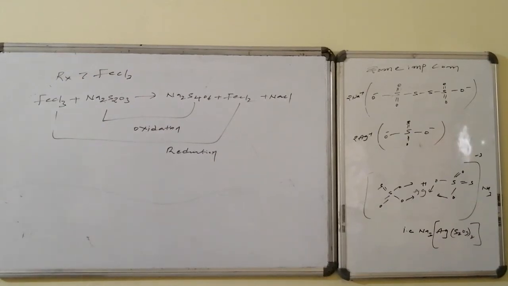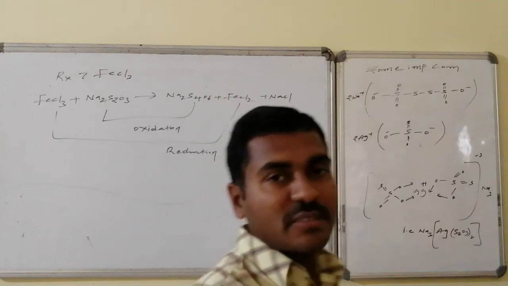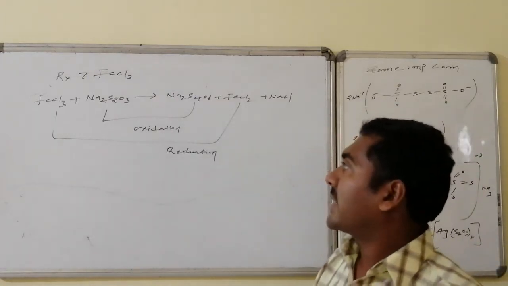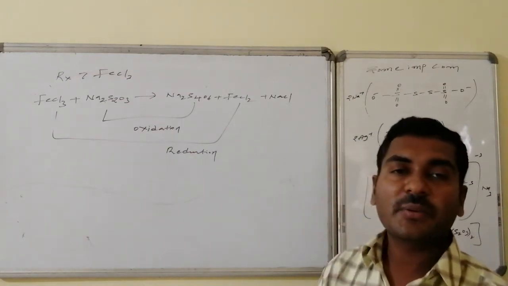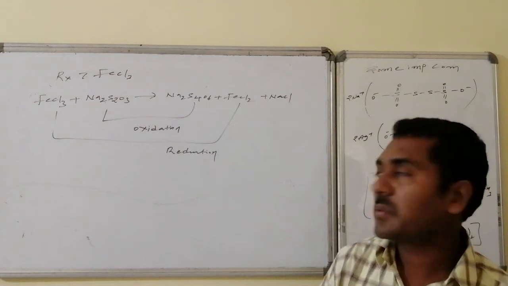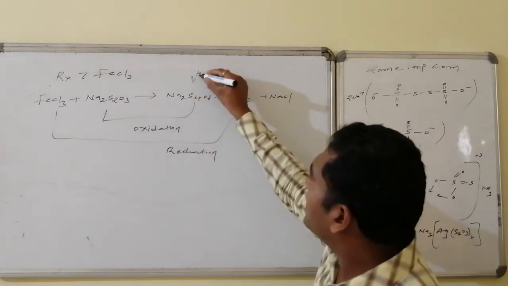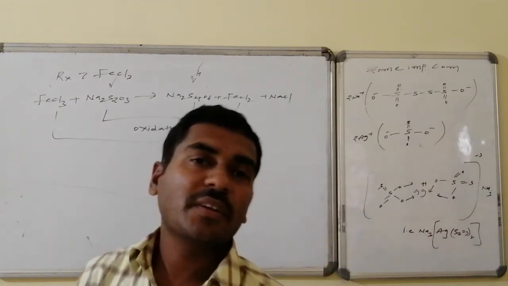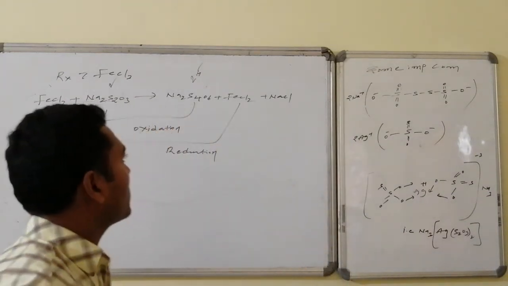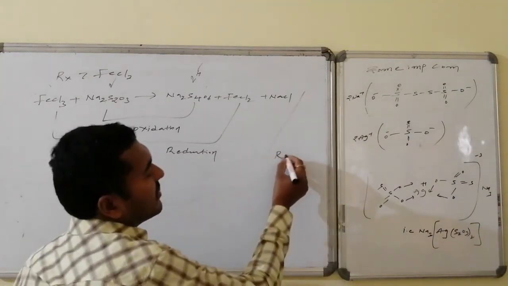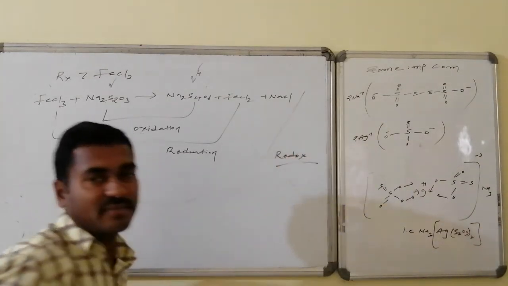As a reducing agent, it also reacts with ferric chloride, in which iron is present in its maximum oxidation state, that is +3. On reaction with sodium thiosulfate, Na2S2O3, this is converted to sodium tetrathionate, Na2S4O6. The average oxidation number is 2.5 here, and the average oxidation number is 2 there. Ferric chloride is converted to ferrous chloride, followed by sodium chloride formation. Hence this reaction is an example of a redox reaction.